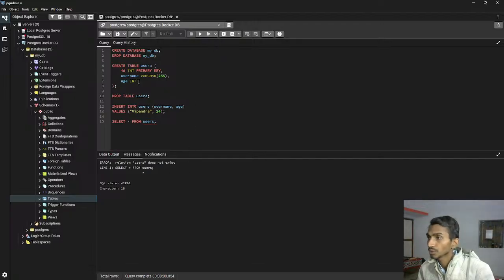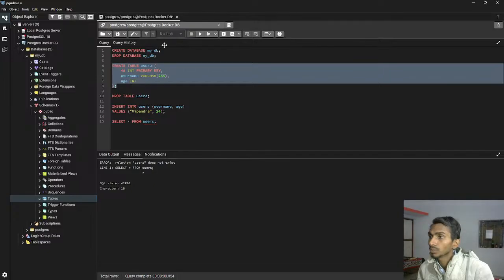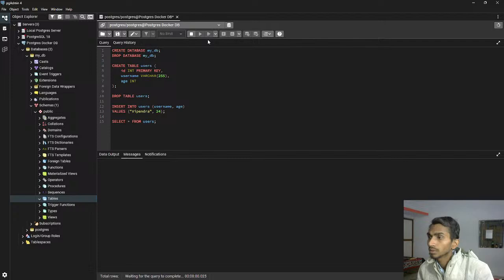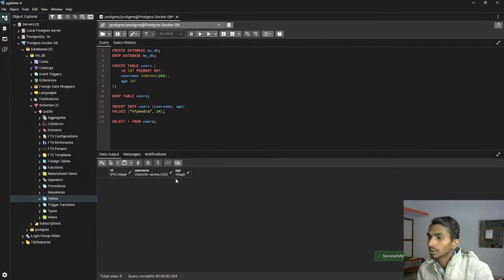User does not exist, that's okay. We are creating the table, the name is user: an int primary key, a username varchar(255), and an int. If I just simply create it and run it, done. If I get it, done. Age integer, and if I just try to